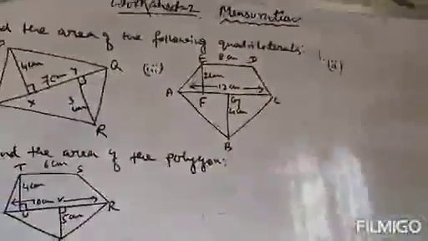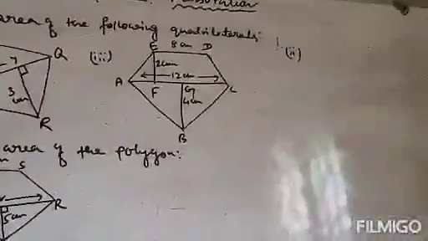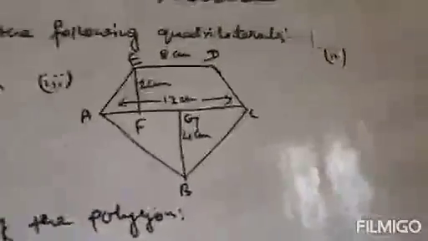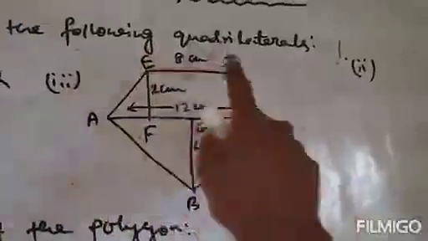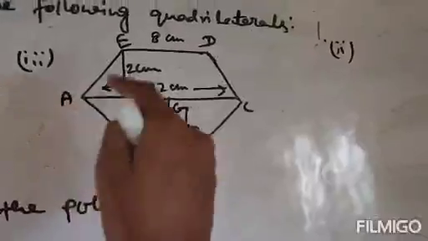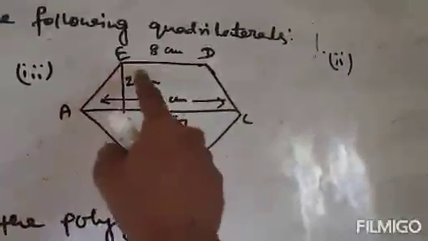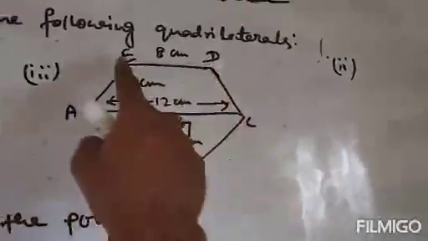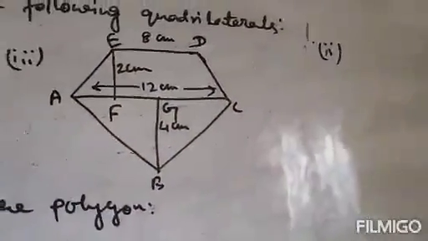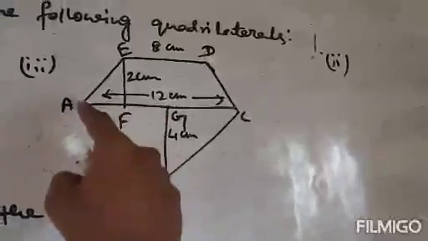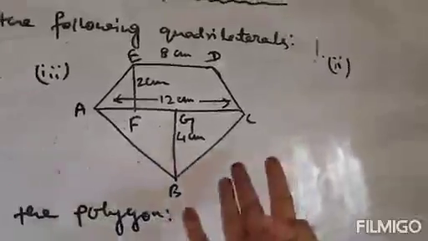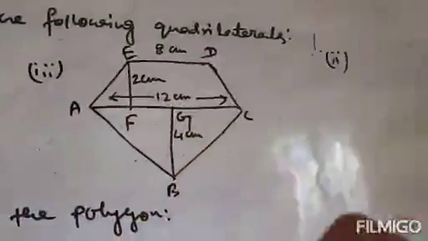Now see, you can do this sum by any method. There are two methods for solving this sum. Method number one is to divide the shape. Find the triangle, and the upper portion is the trapezium. The upper portion ACDE is the trapezium, and ACB is the triangle. Find the area of the triangle and the area of the trapezium and add both. So you can easily find the area of this pentagon. This is the first method.